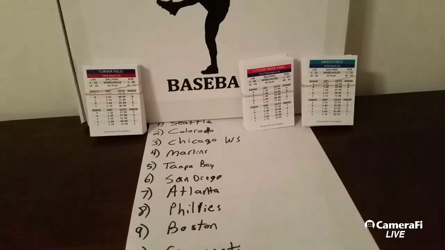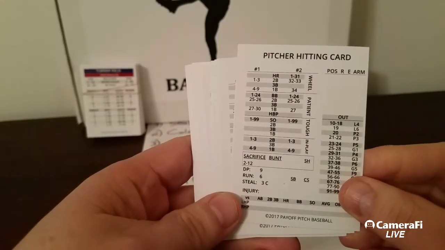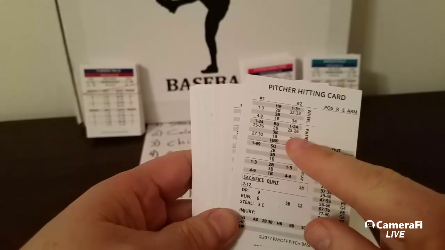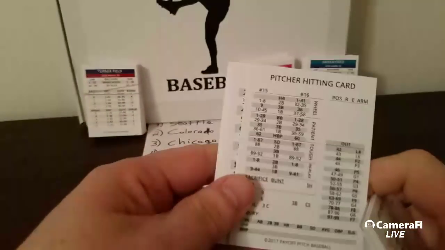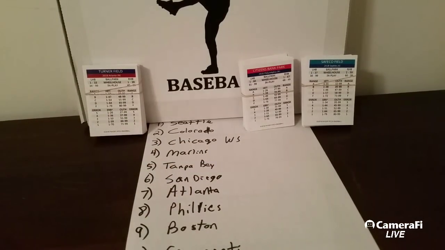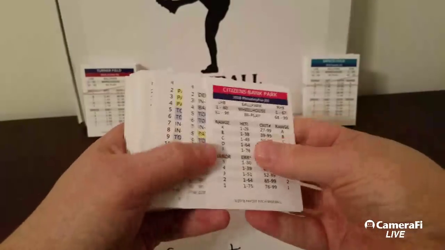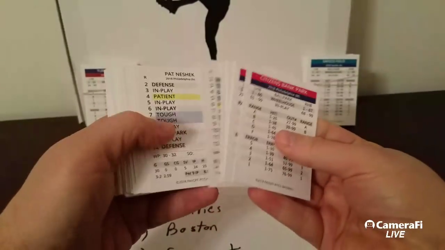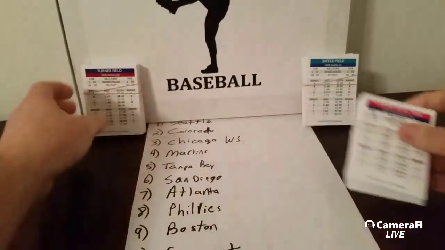so there you go. What does Payoff Pitch do with pitchers hitting? Payoff Pitch, much like Stratomatic, they have pitcher hitting cards based on averages of the pitchers. So pitcher hitting card 1 and 2, and it goes all the way up through pitcher hitting card number 16. So the really good pitchers will have pitcher hitting card 16. Some of the pitchers in the PDF extras have their own pitcher hitting cards. Like I believe there was somebody from Philly, I think they had their own hitting card. So I thought they did. Maybe it was somebody from Atlanta. One of these teams had their own pitcher hitting